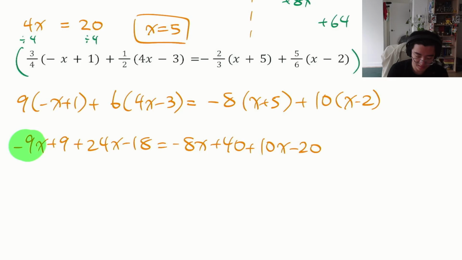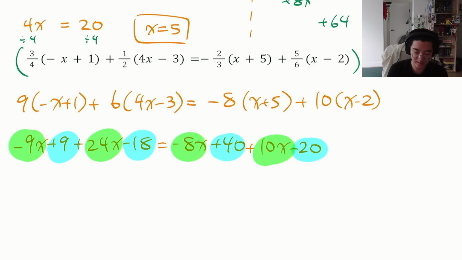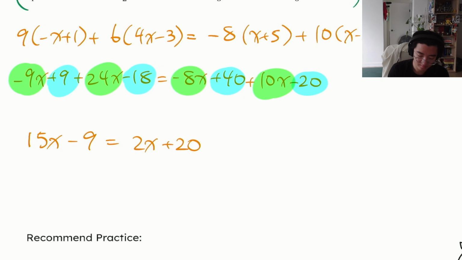Combining like terms, we got x here on one side, constants on the left, constants on the right. Minus 9 plus 24. 15, 9 plus, or 9 minus 18 is minus 9. Minus 8 plus 10 is 2. 40 minus 20 is 20. Okay, we get minus 2x here, plus the 9 here. 13x equals to